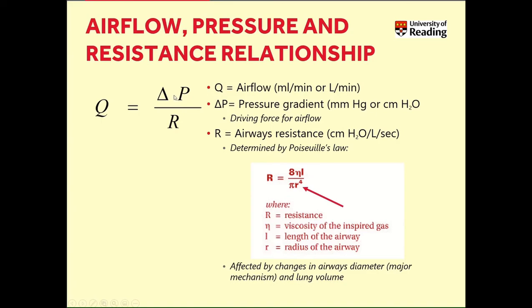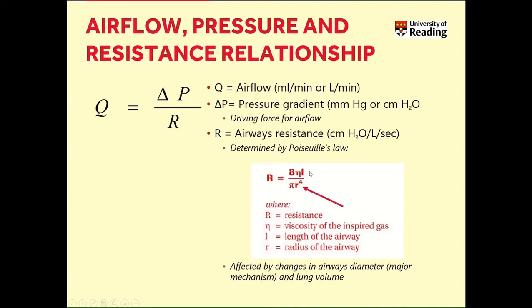How do airflow, pressure and resistance of the lung relate to each other? Well, the law stated here regulates these three different parameters. So the airflow is directly proportional to the pressure gradient, the driving force for the air to flow in. However, the airflow is inversely proportional to the resistance, or to the airway's resistance, which is determined by this